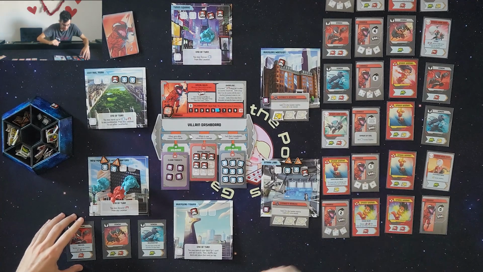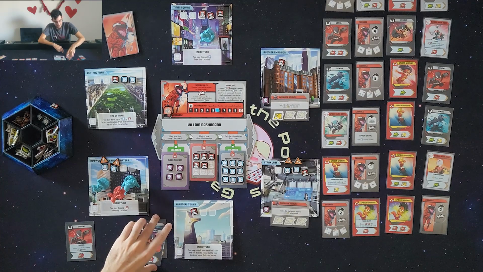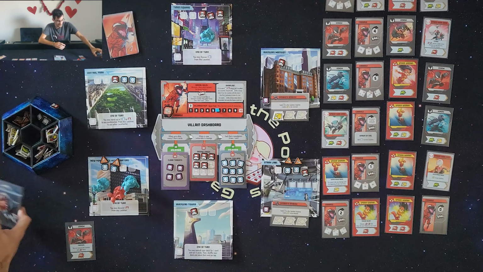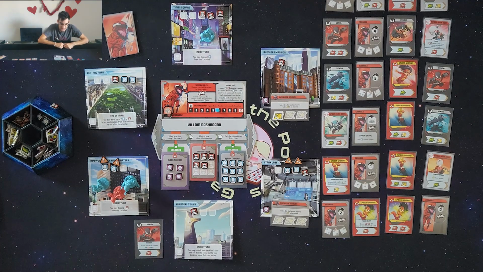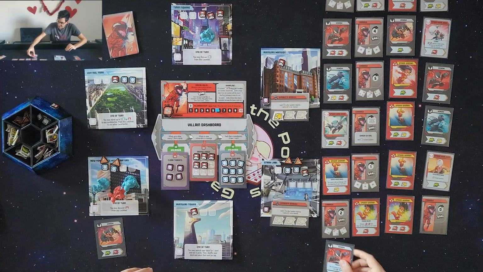I'm getting a double punch. Okay. So discarding these 2, I have 1 health left. He is on a rampage, and crisis tokens above civilians, but they already have them. And then it would be my turn, so I would draw a card, and I will play this Venom